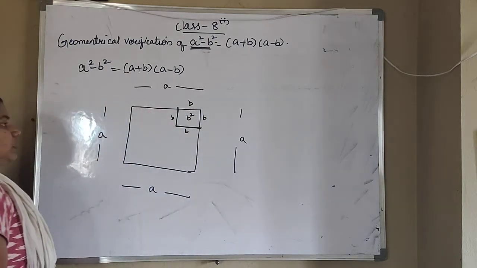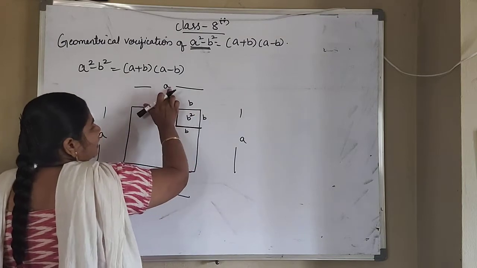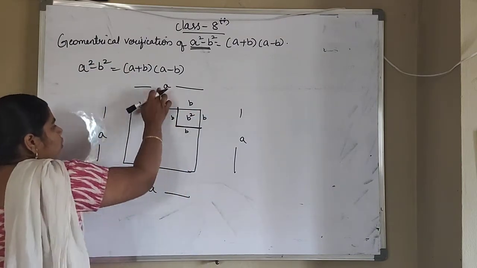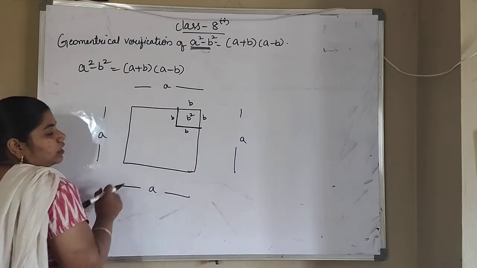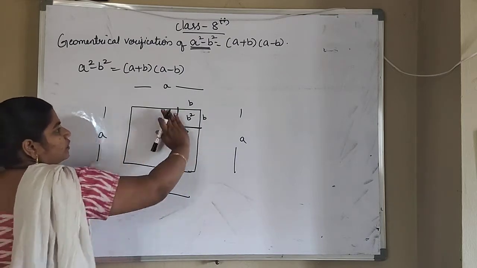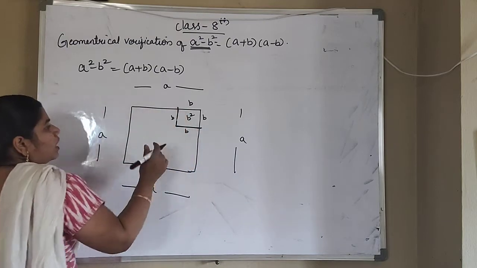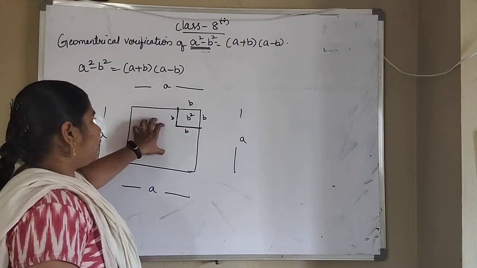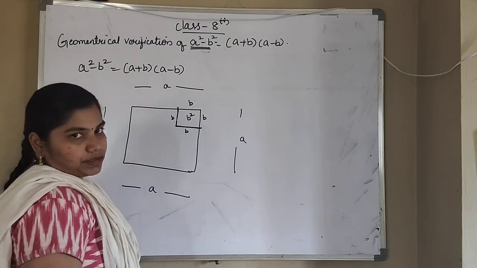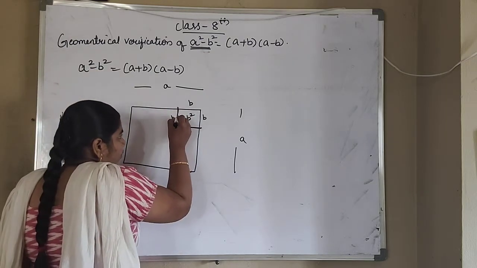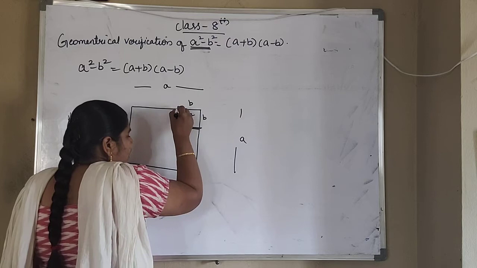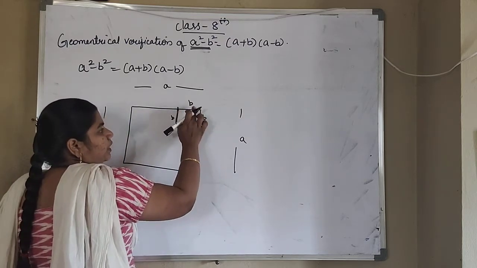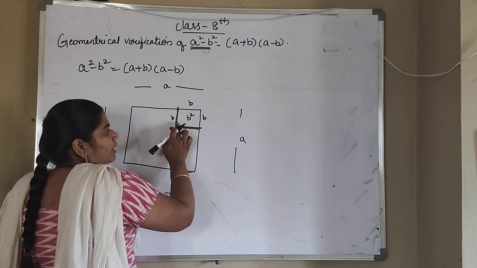So once again, you see, I have taken the full length as a. I am drawing one square here, and all the sides are a only. What is the area of this, without this figure? That will be a square. From the a square you have to remove the b square part. So somewhere here I am taking one square, and this is b square. The length from here to here is b, so this is forming a square.